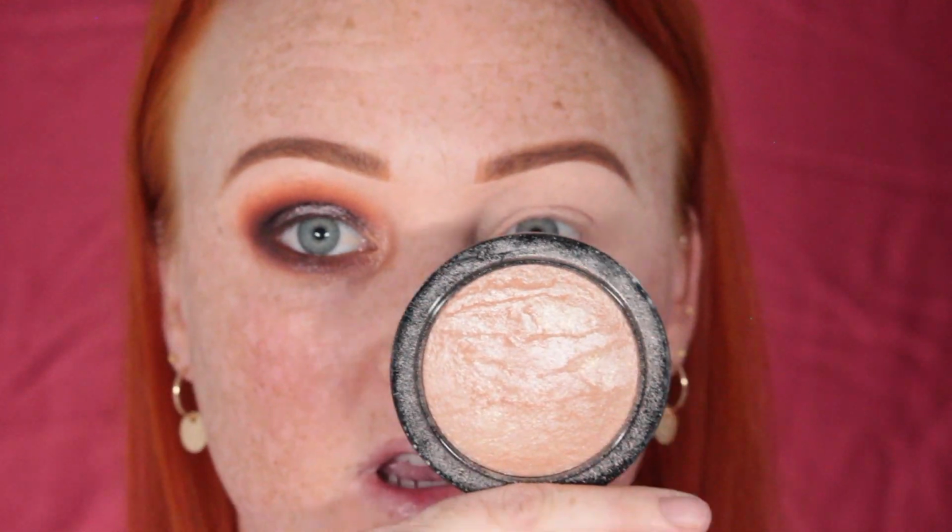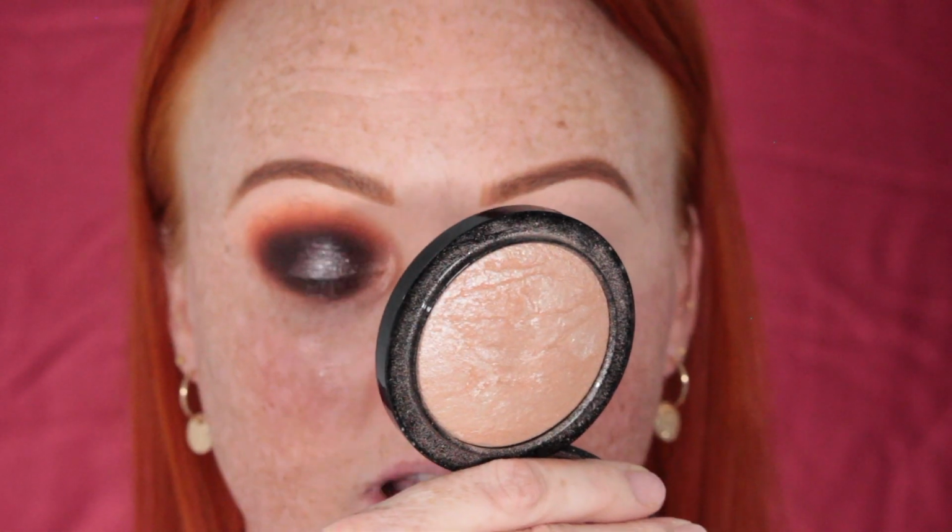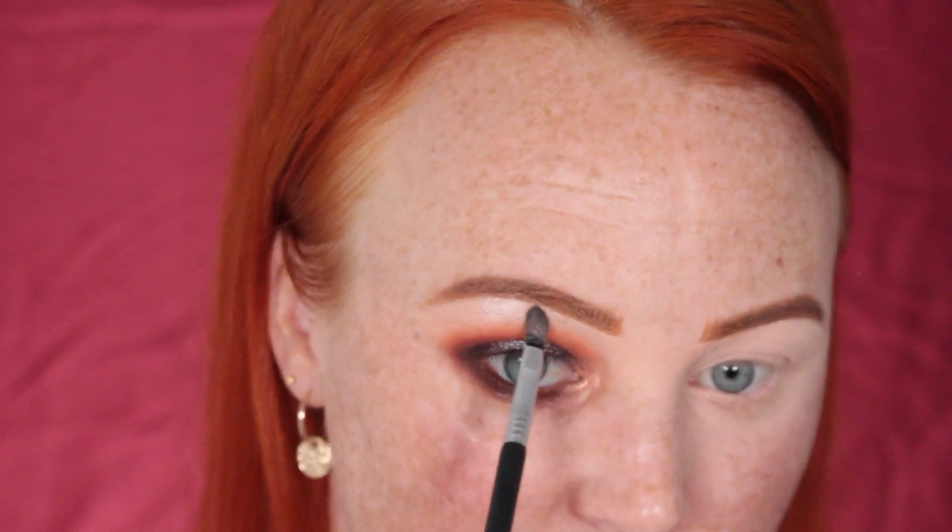And then I'm going to go in with my Soft and Gentle by MAC, just using the same Sigma E47 crease brush. I'm just going to pick up a little bit of that highlight, and we're going to highlight the brow bone. So I'm just going to pop on some mascara, and I always forget to show you guys what